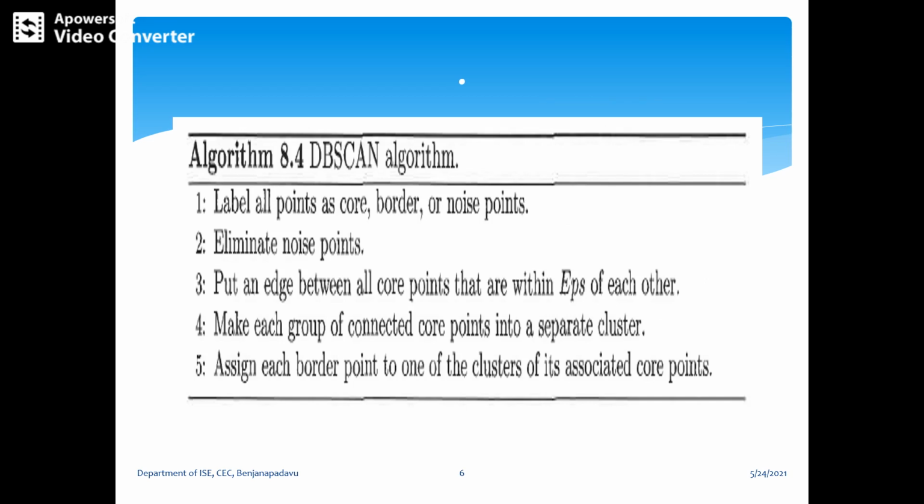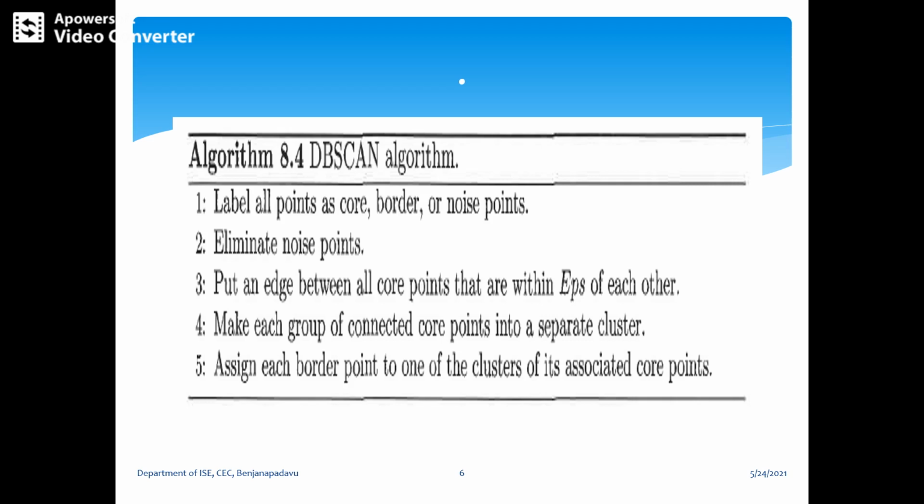So the DBSCAN algorithm. As per the previous definitions of core point, border point, and noise point, the DBSCAN algorithm can be described informally as follows. Any two core points that are close enough, within a distance of EPS of one another, are put in the same cluster.